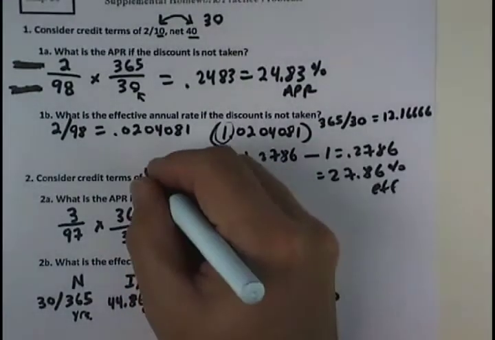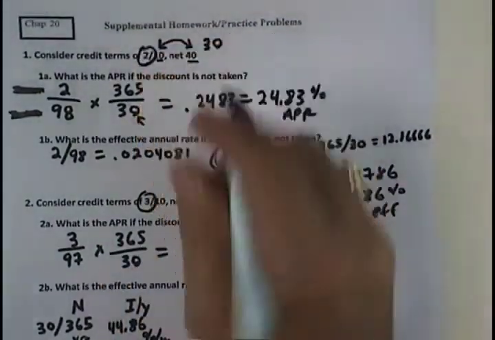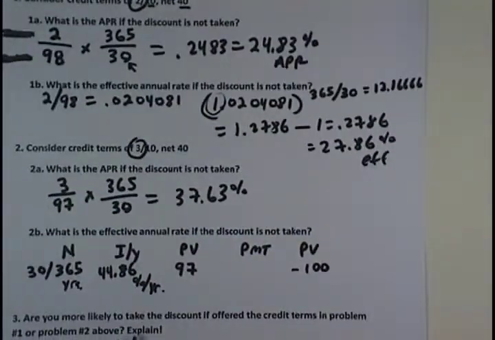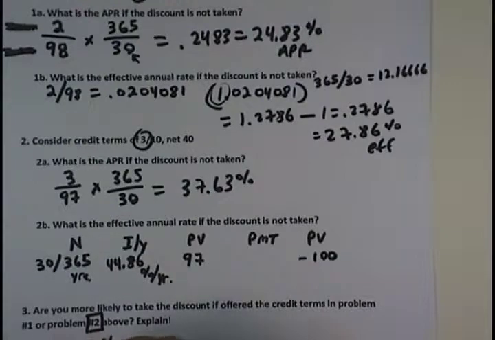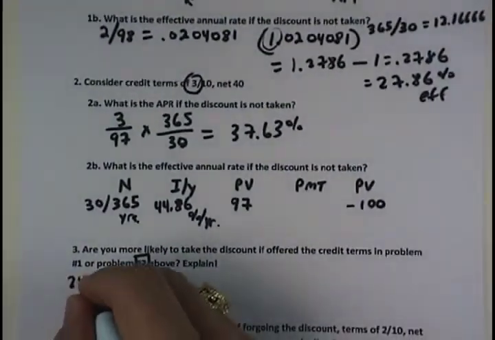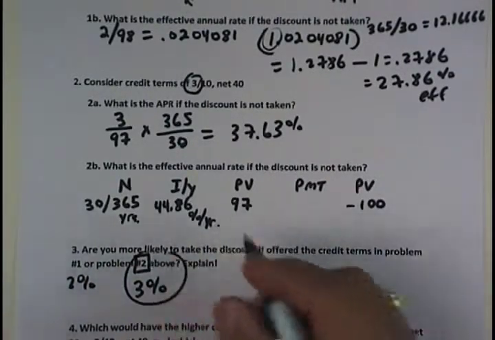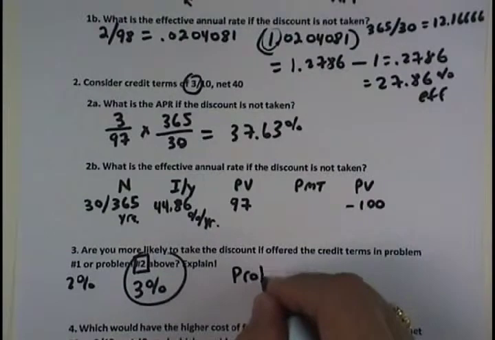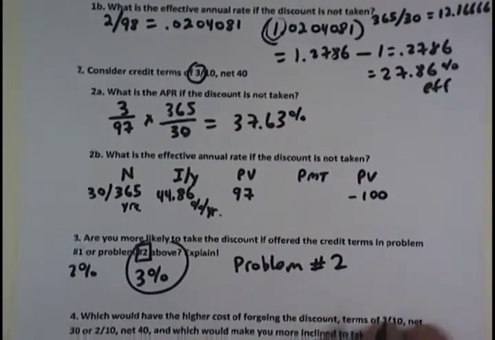So the only thing that's different is the discount percentage. So in problem 3, are you more likely to take the discount? Well, I would be more likely to take the discount if they offer me a 3% discount versus a 2% discount. So I'm definitely more likely to take the discount in the terms given in problem number 2 above because